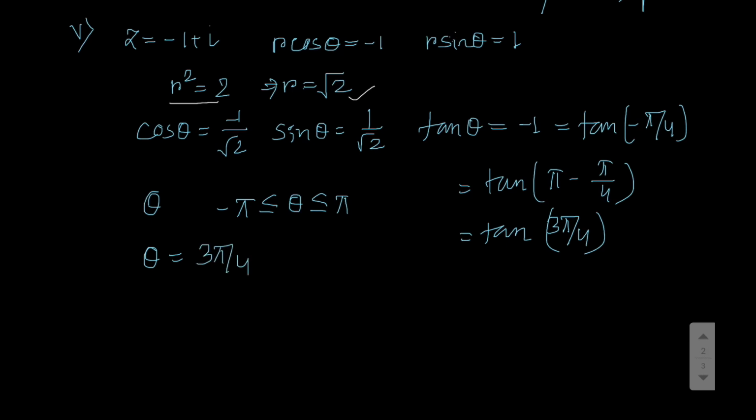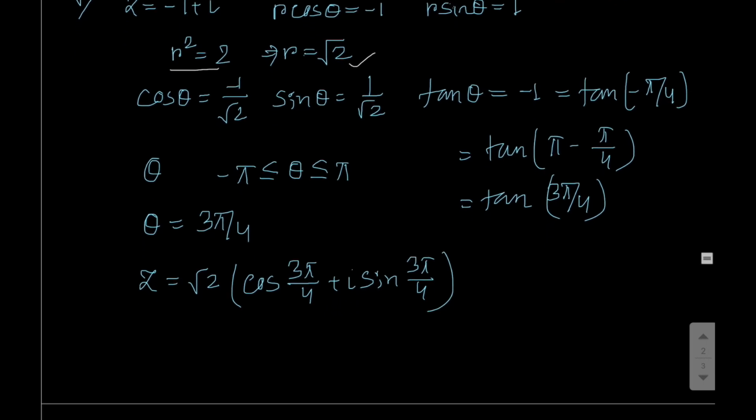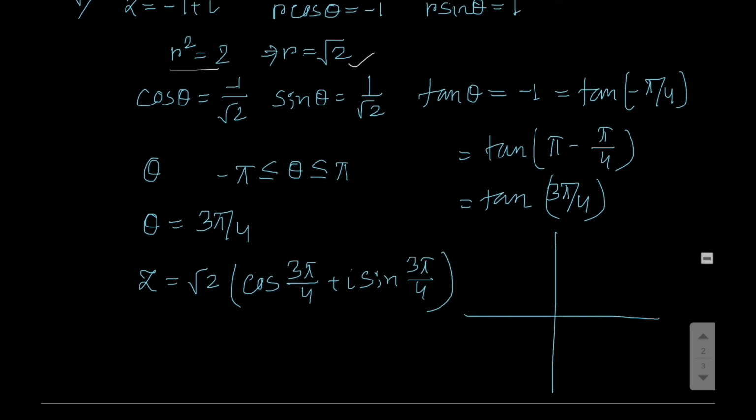As theta equal to 3 pi by 4, first write down the polar form, that is root 2 times cos 3 pi by 4 plus i sin 3 pi by 4. So that is the polar form. And next we have to draw. This one will be here, suppose OP, equal to 3 pi by 4. You know that y, x dash, x, so angle XOP equal to 3 pi by 4, that is the Argand plane. Now sum number 4.6 is the same as the previous one.